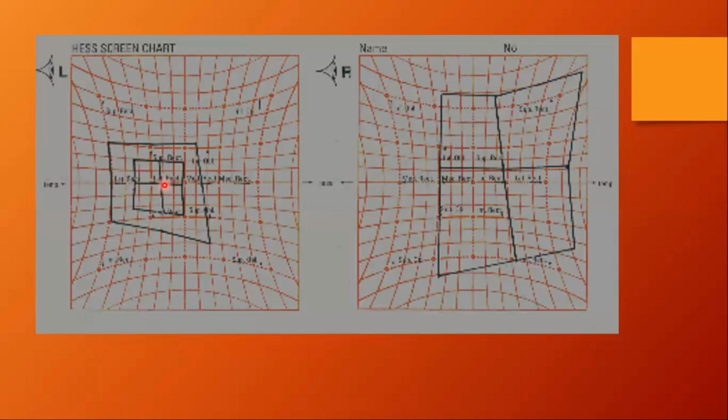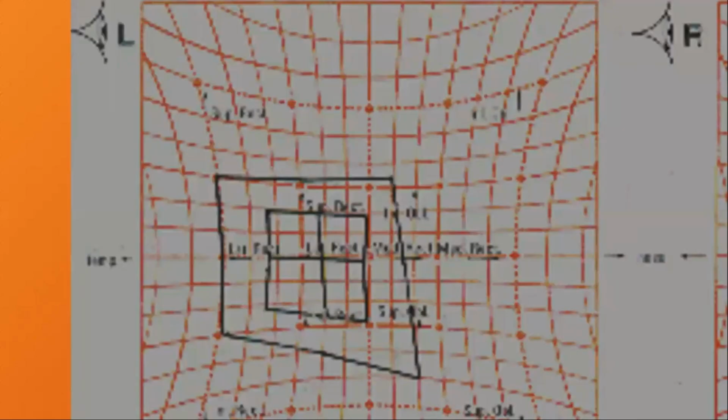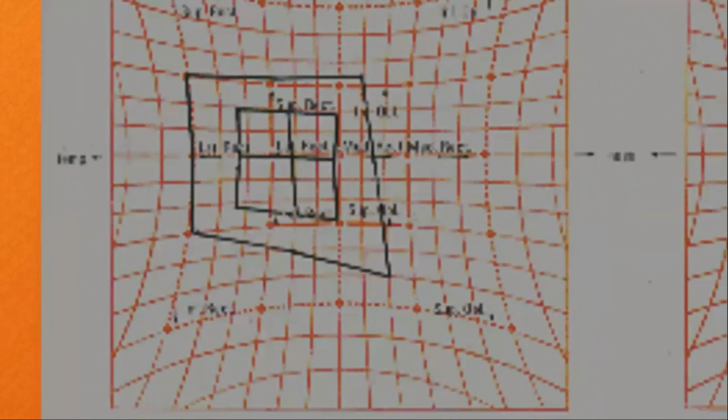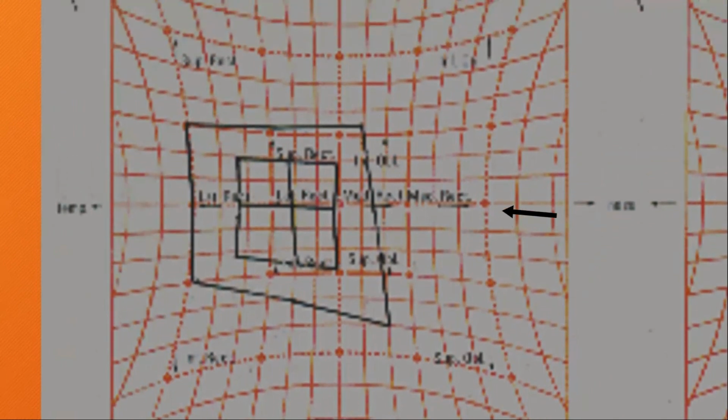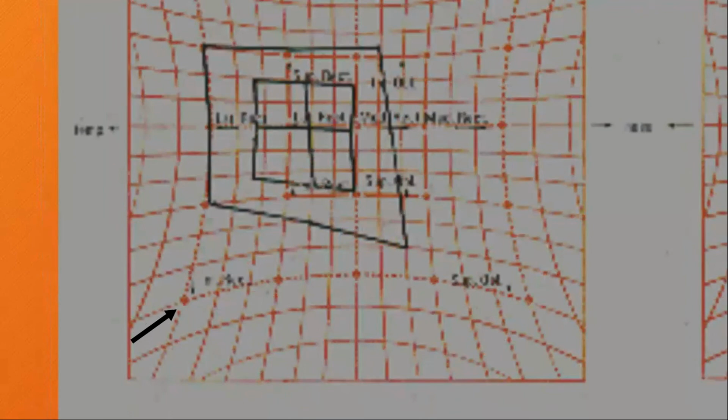Coming now to the limitation or under action of the muscles. Let's go muscle by muscle, okay? Here, the superior oblique. It should be here, but it is there. So we have under action in the superior oblique, all right? And here, the inferior oblique also. And here is the superior rectus also. And here is the inferior rectus also. How about the lateral rectus? Okay, lateral rectus is fine. So all muscles are affected except the lateral rectus, all right?